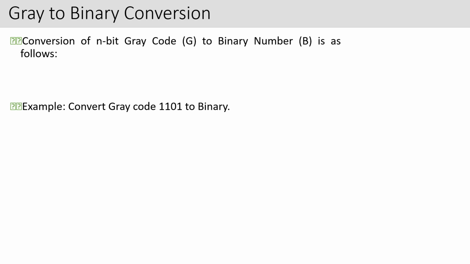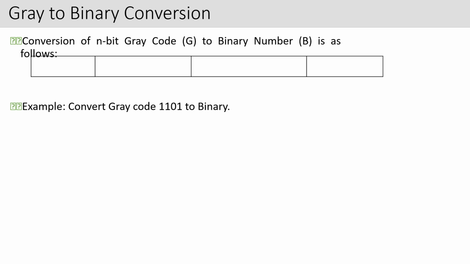Now here you see the most important thing is, when I'm writing this code now, I'm not giving any base. So if I write 1101 and ask you to identify the code, this is a gray code because I'm not mentioning any base. Gray code consists of 2 digits, that is 0 and 1. So it is same as binary, but how do you identify which one is your binary code, BCD code, and which one is your gray code? If there is no base, then it's a gray code. Here I have not written any base, so that means it's a gray code. So the question arises, you need to convert this gray code to a binary code.